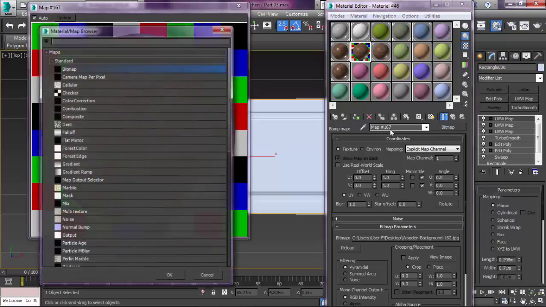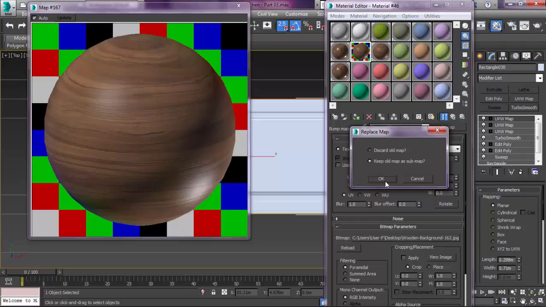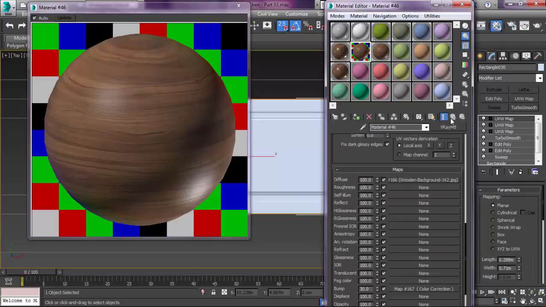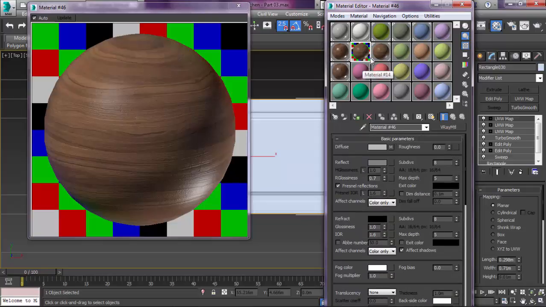Okay, so let's add a color correction. Keep old map as submap. Let's desaturate it. Okay, let's raise the bump, something like 50 maybe. Okay, so now what we're gonna need to do is